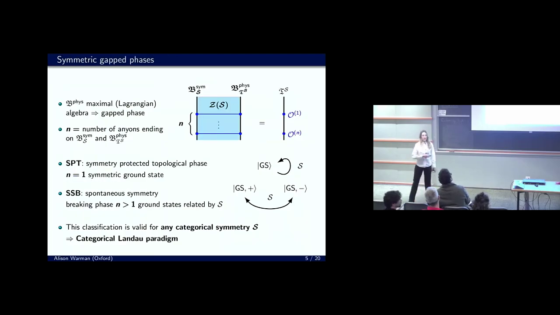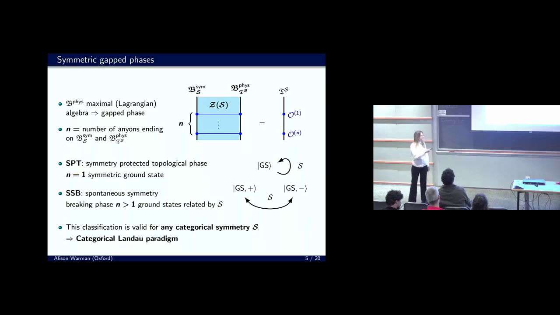One feature of gapped phases is the number and type of local operators. Local operators in the 1+1D theory come from SymTFT anyons that can end on both the symmetry and the physical boundary. The identity anyon is always one of these, which will give us the identity local operator. If this is the only anyon that can end on both boundaries, we will have a unique ground state invariant under the full symmetry. This is therefore an SPT phase, and it can be trivial or non-trivial, even for these generalized symmetries. And these different types of SPT phases can be detected by string order parameters, as we'll see in some examples.